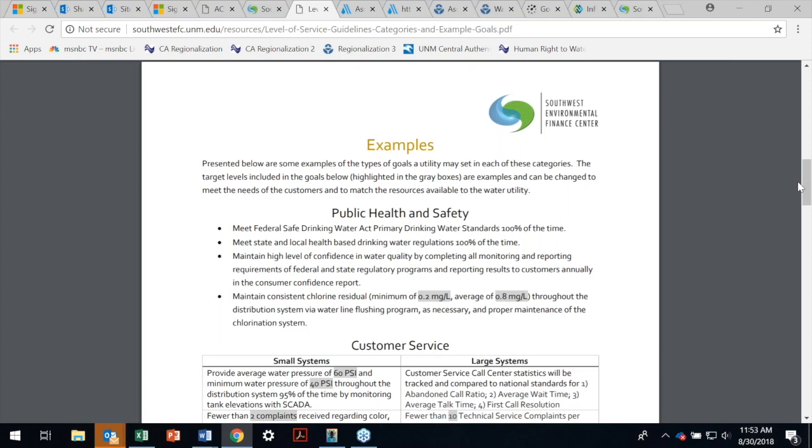And the reason we developed this document is we were finding systems of all sizes, from the very small to the very, very large, hundreds of thousands to millions of people, having trouble just thinking through what goes into level of service, what kinds of things we should think about. So this can start your thinking. You can add goals, you can choose which ones make sense for you, but at least it starts your thinking process.